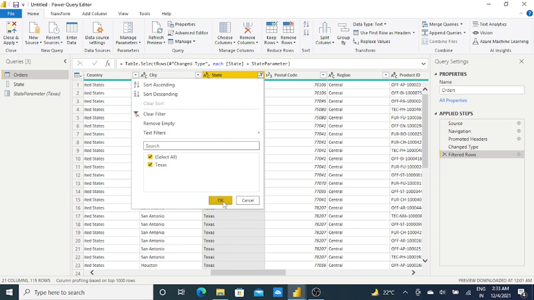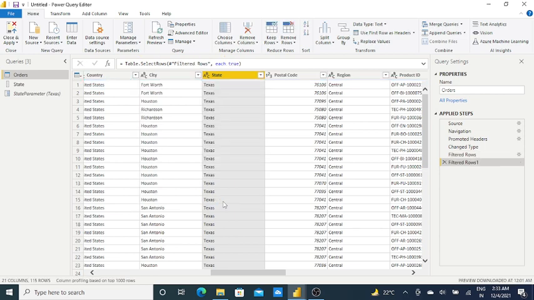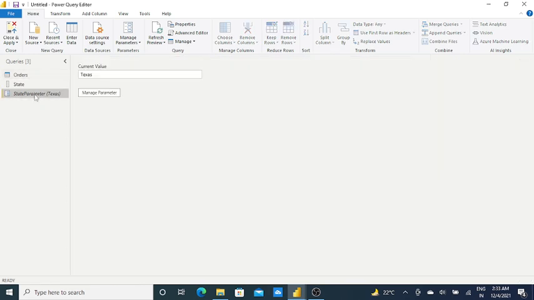What we need to do for that is click on the state parameter and type here California.